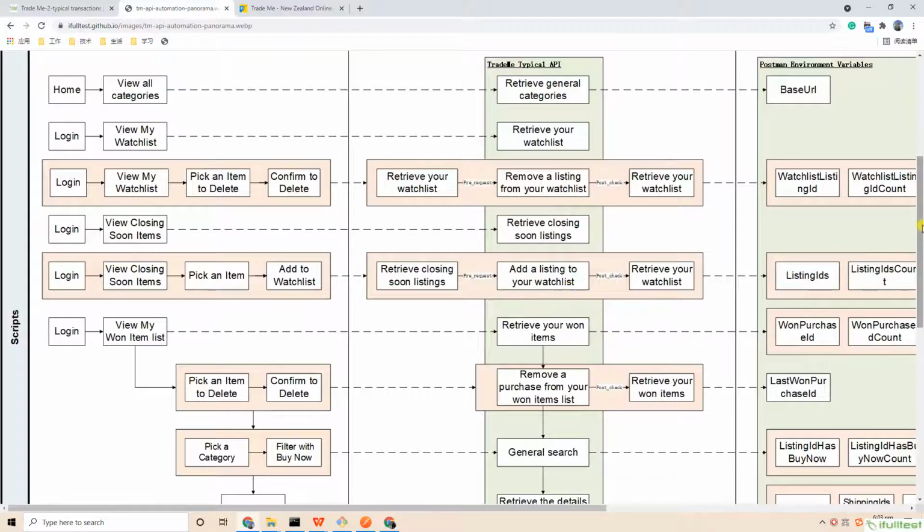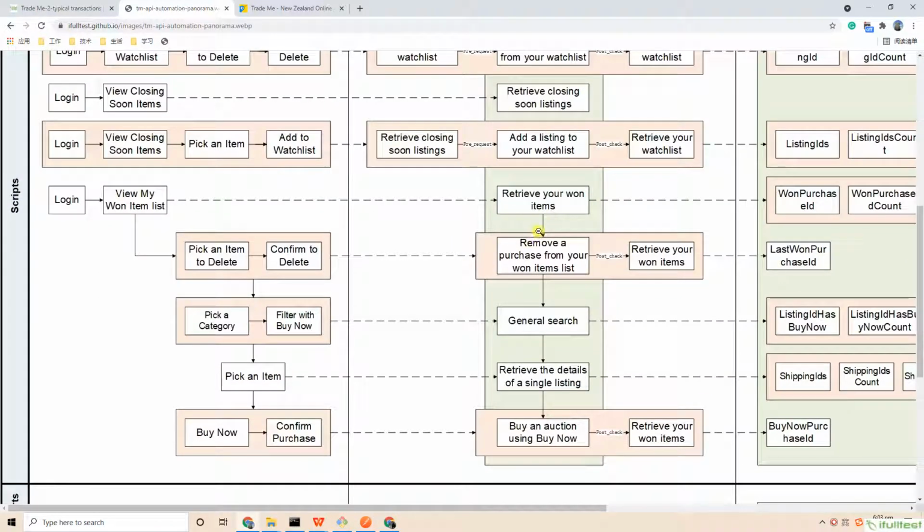Another 5 APIs can also be logically chained together: retrieve your won items, remove a purchase from your won items list, general search, retrieve the details of a single listing, and buy an auction using Buy Now.